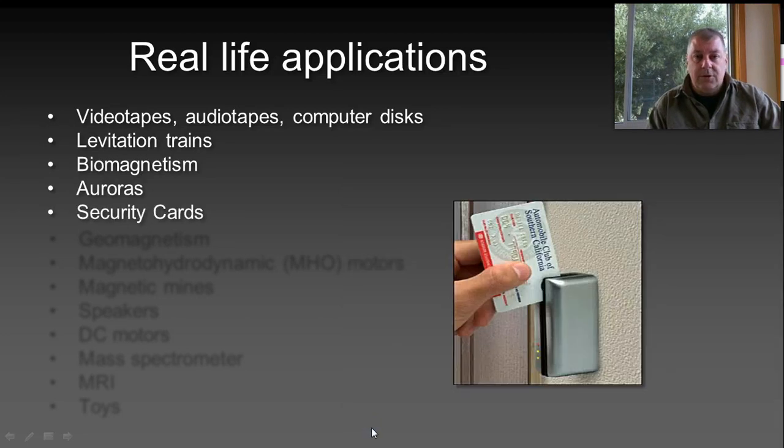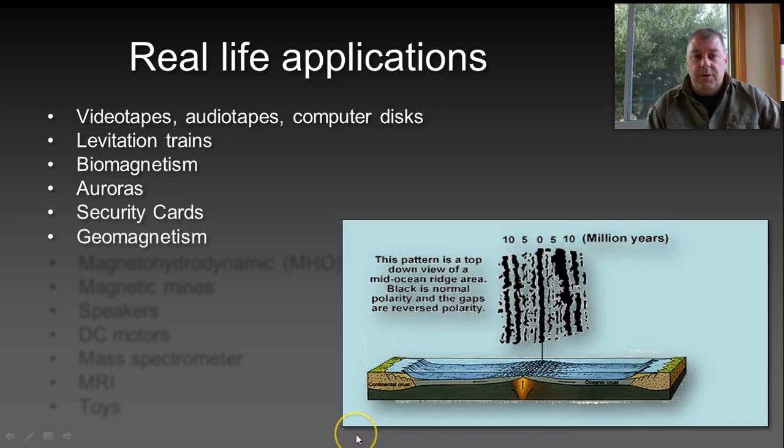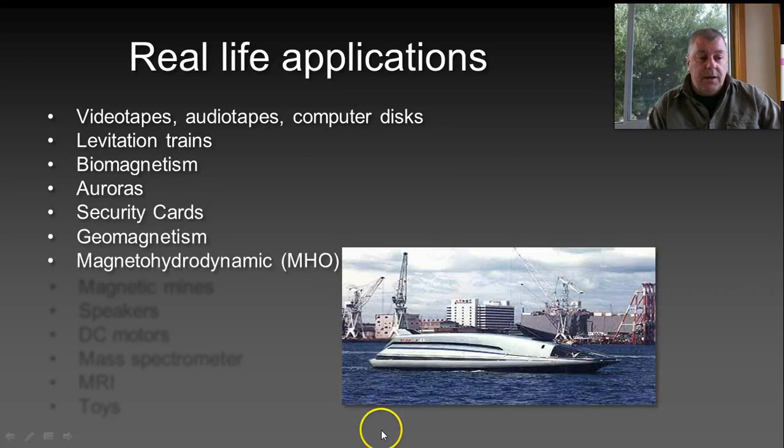Security cards, those little black strips on your credit cards and security cards and things, are all reliant on magnetic fields to store data. Geomagnetism, where would we be without learning a little bit of geology? And so we're going to relate how magnetism in rocks can tell us a lot about the Earth. There's a thing called a